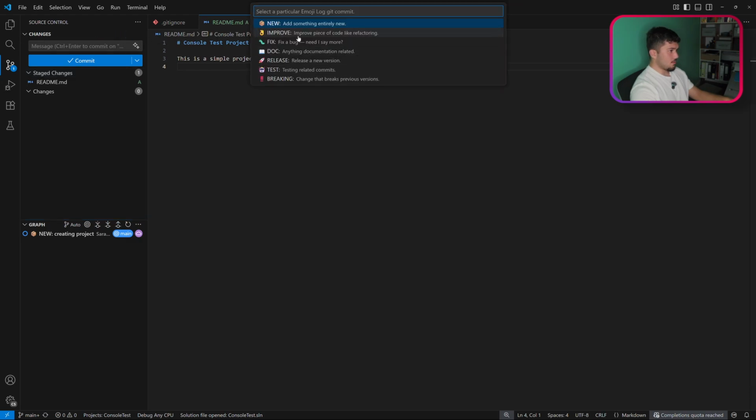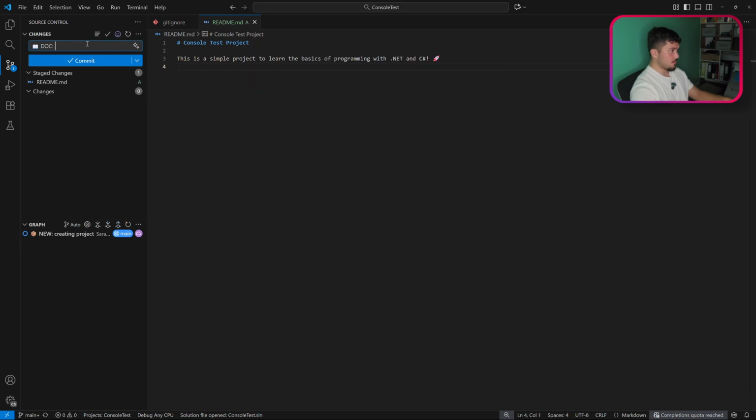You can add new or doc, which is anything documentation related. I'm going to do this and I'm going to write adding README file. Then you can commit, and sync changes will push and pull at the same time. So if there's anything to pull and you sync changes, it is going to do both. It will push and it will pull. The pull operation is necessary when there is something in the remote repository that we don't have in our machine,